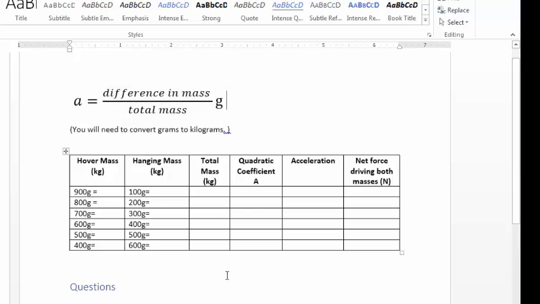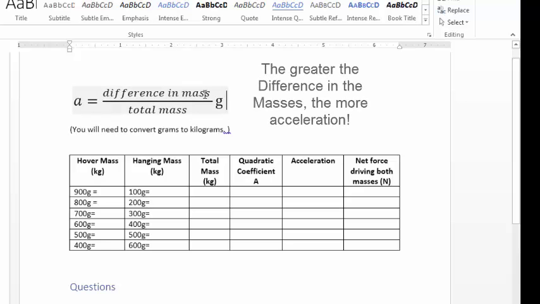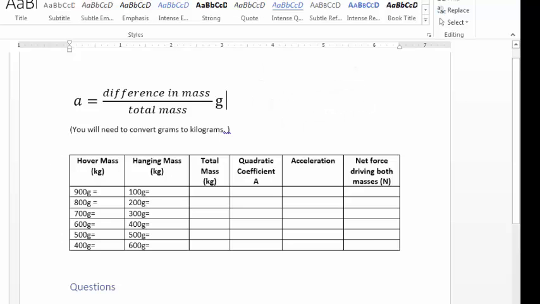So what we want to see here is we are actually not changing the total mass, but we are changing the difference in mass. The bigger the difference there is between the masses, the bigger the acceleration will be. That makes sense because you think about it, the more weight there is accelerating this, or the more mass there is hanging on this, the more weight there is, then the more acceleration there's going to be. So you should have found that as the difference in